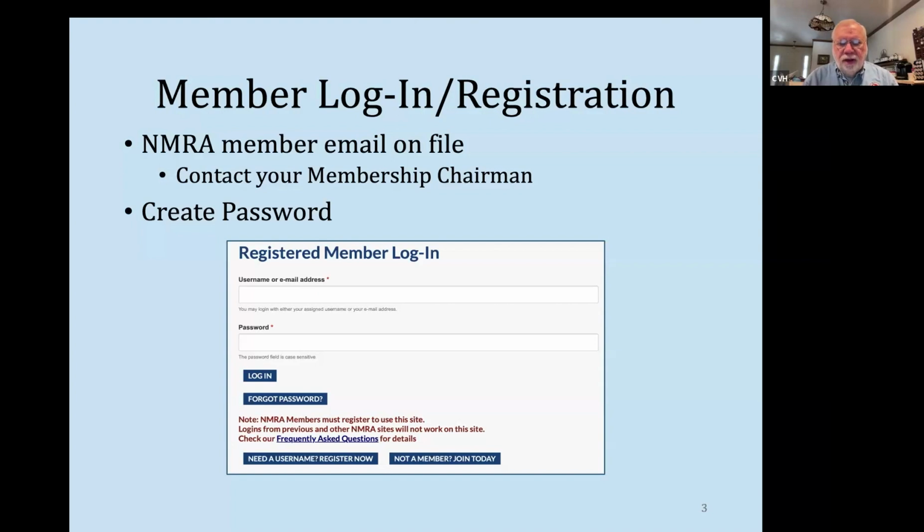log in this way. And then you would only need to do that once if you save your email and your password on your device. I'll show you how that works if you've saved it. If you've never been to the member side and you don't know what email the NMRA has for you, then you could contact the membership chairman, in this case Greg. He has a list of the emails that NMRA has on file for you,